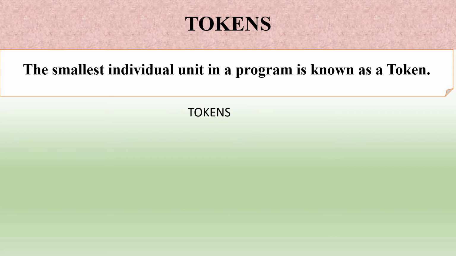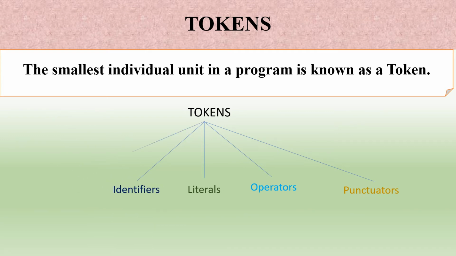Then when we talk about different types of tokens used in a program, they are: first one is punctuators, second one is operators, third is literals, fourth is identifiers, and fifth one is keywords. So these are 5 important tokens which are used to write any Java program. We are going to discuss each of these tokens and their usage in the program one by one.